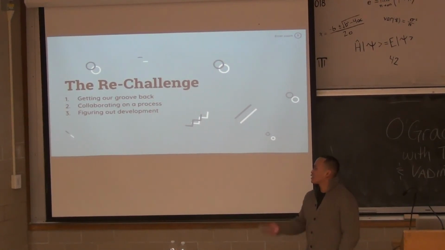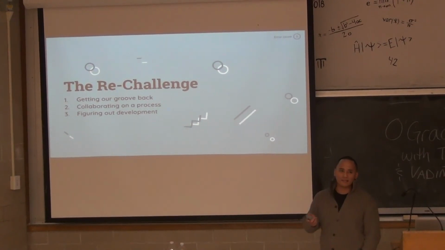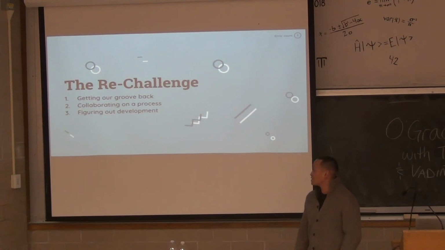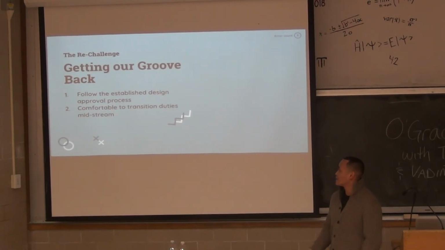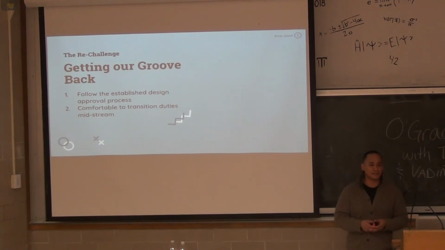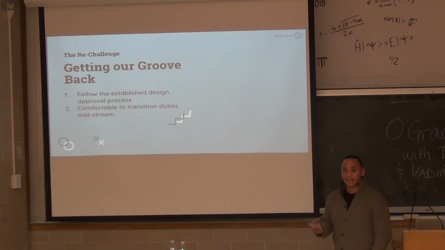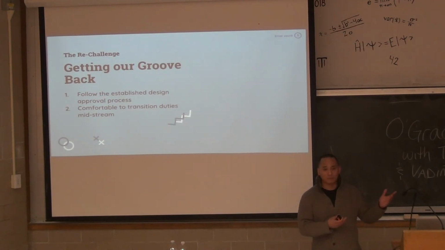Yeah. And then figuring out development. We didn't go too deep into the technical side of this project, but there were some technical obstacles we were facing. So, getting our group back, like I said, this is an established design process that Armin and I carved out of that whiteboard. It was working, and the client really liked it. So why not use this on an ongoing basis? Even though they didn't like Agile, they liked this design process. At this point, Armin and I were very comfortable to transition duties. He took a section of the intranet and took on the design while I transitioned to front-end development.